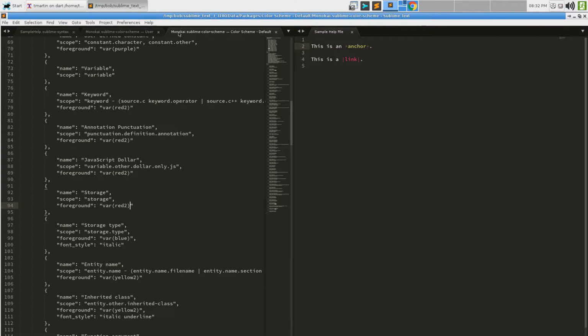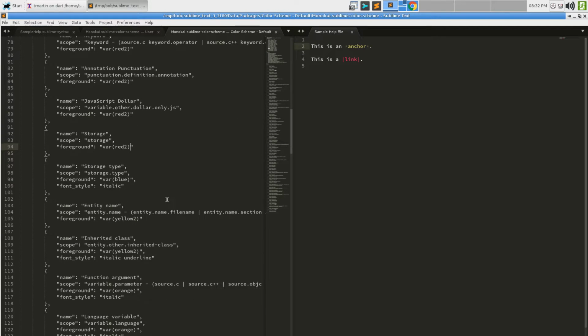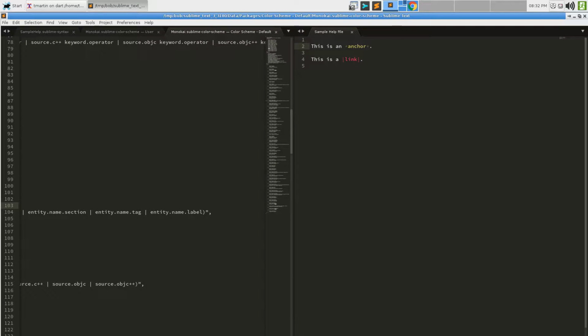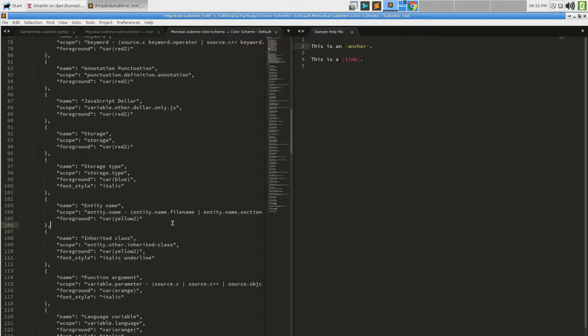On the flip side, if I had said entity.name.anchor and entity.name.link for the name parts, they would end up both being yellow because that's what this matches, names except for section names and file names, or tag names or label names. So that would be a case of that other thing I mentioned where they both end up being styled the same and we don't want them to be.